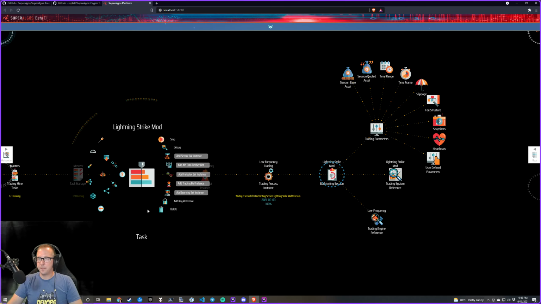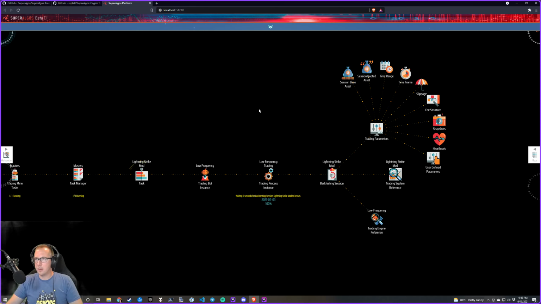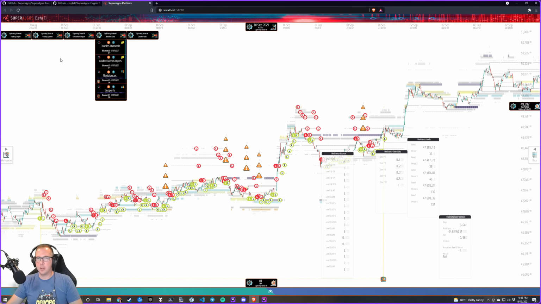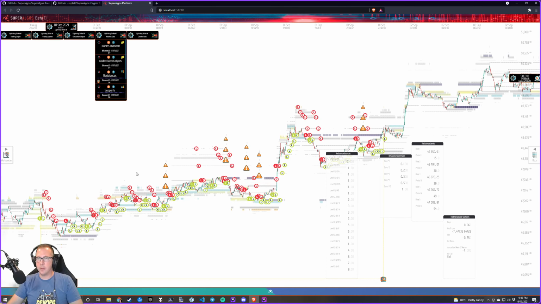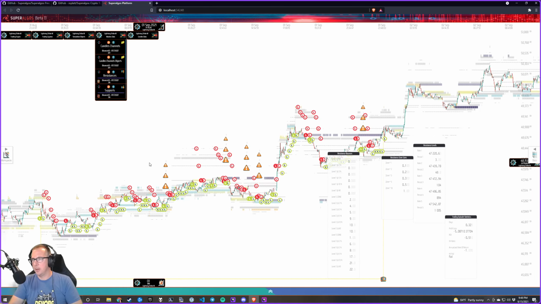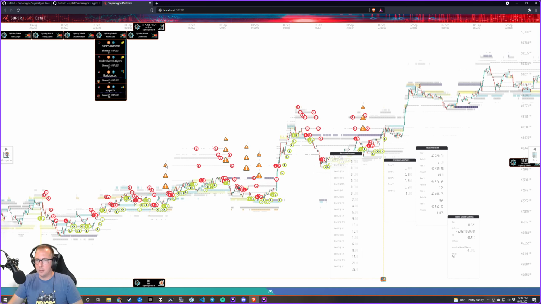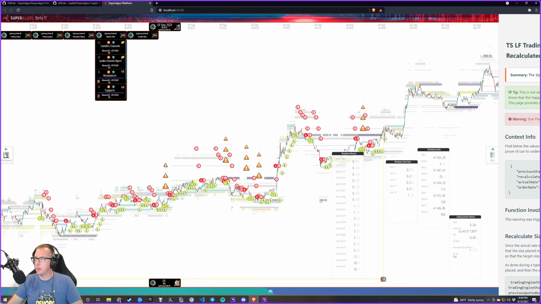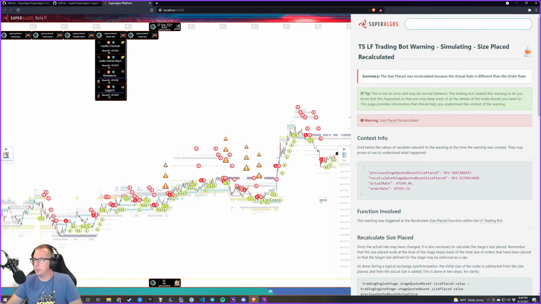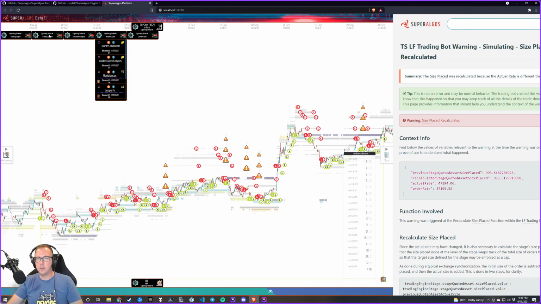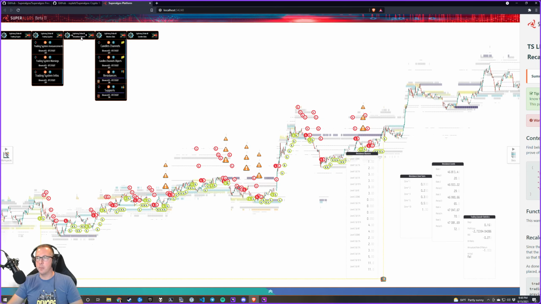And we're done. And we got a couple of warnings. Those are typically normal. Just giving you some information that the data, the targets that you're trying to hit, the trading system and the actual system, the actual exchange, were slightly different. So it's just showing you that it recalculated some of the things. The warnings are generally more informational